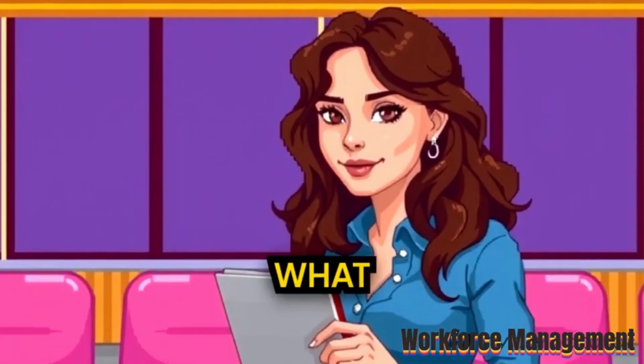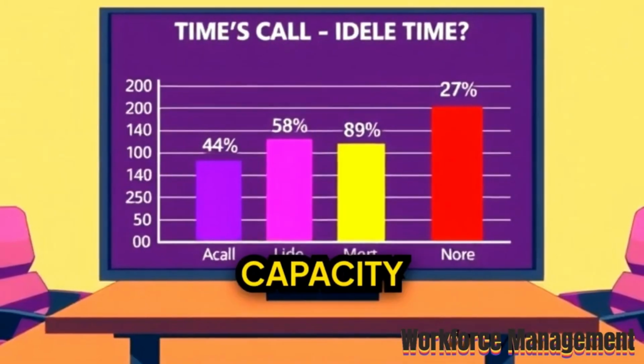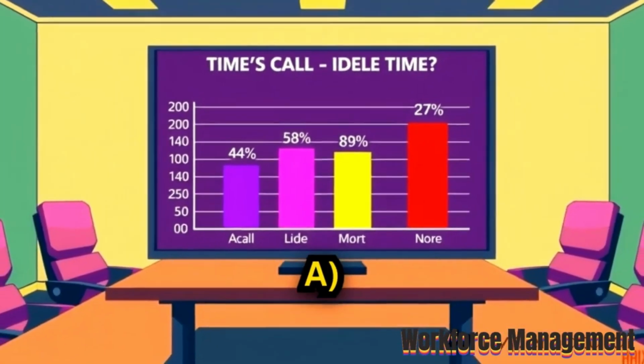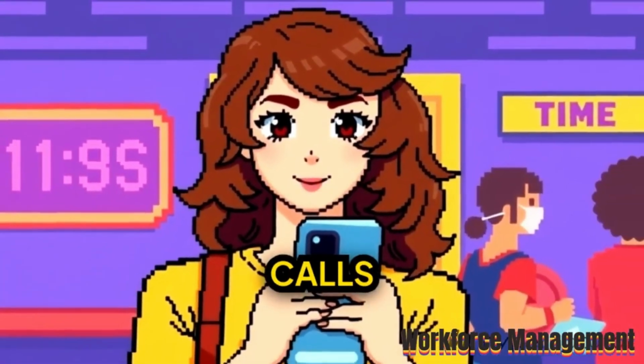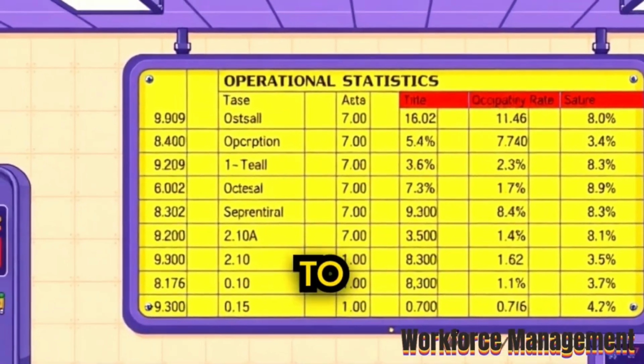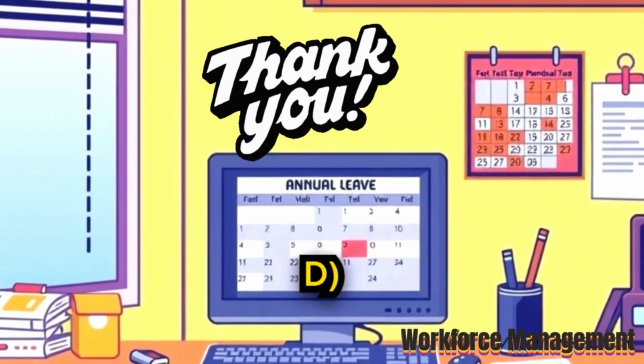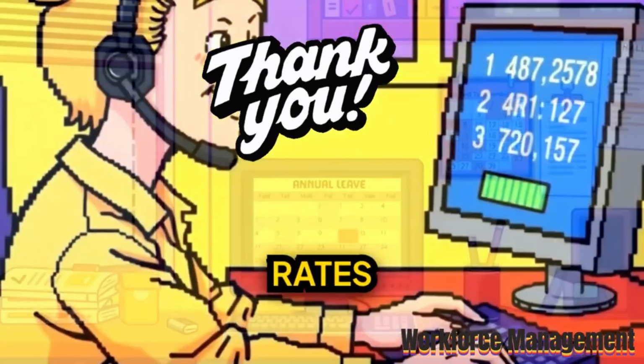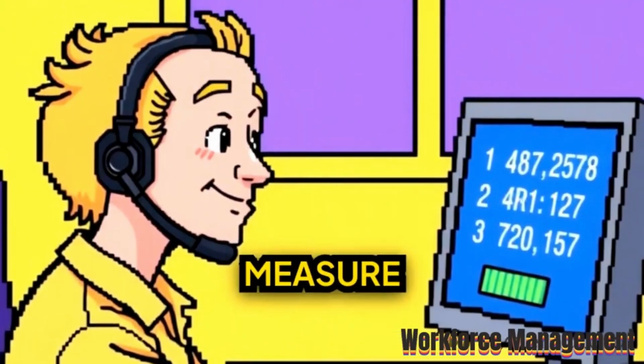Jessica: Question is, what is the purpose of occupancy rate in capacity planning? Options are A. To measure how long agents spend on calls versus idle time. B. To track customer wait times. C. To calculate annual leave balances. D. To predict call abandonment rates. Tom: Answer is A. To measure how long agents